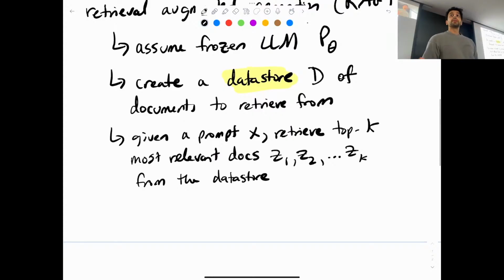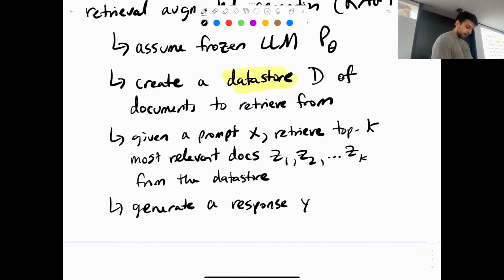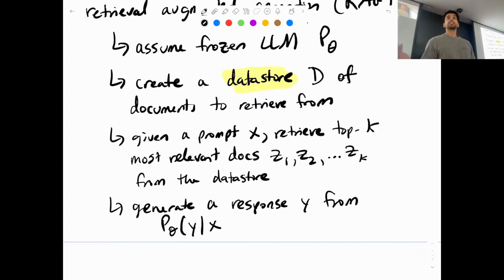And then once we've done that, we will generate a response Y from the LLM, P theta Y given X. That's what we normally generate. But here, we'll include as additional context these retrieved documents. So, if I was a financial company and I was like, what is my bank's profit in this quarter or something,